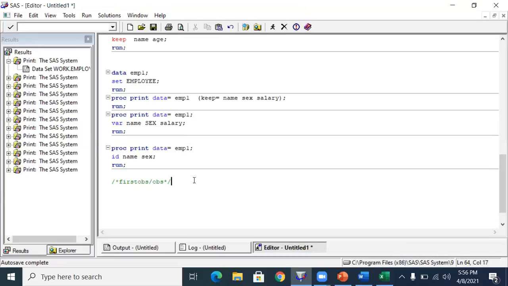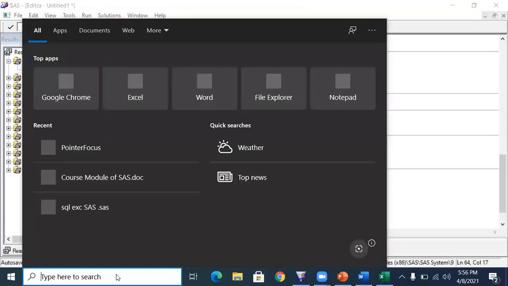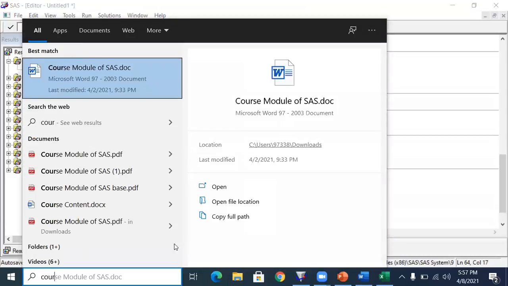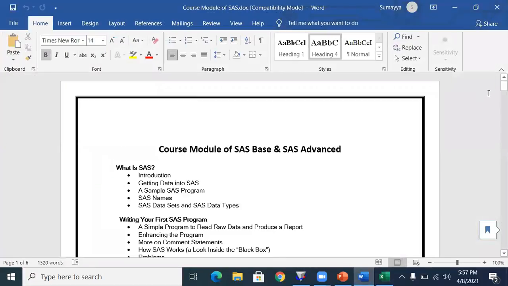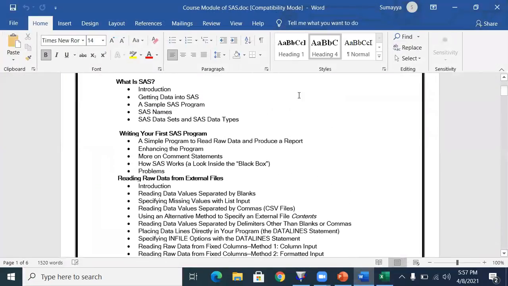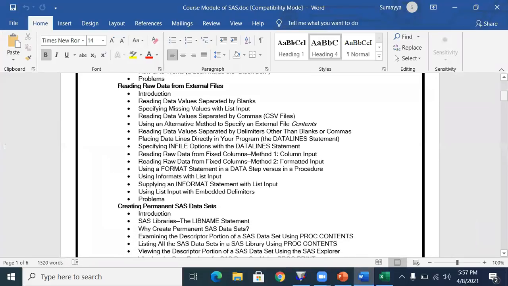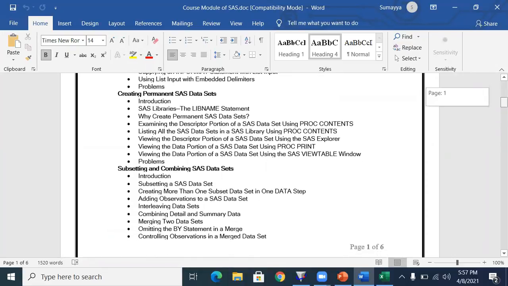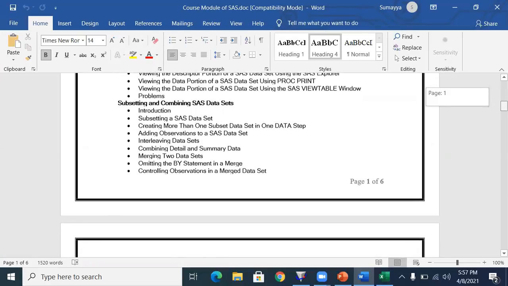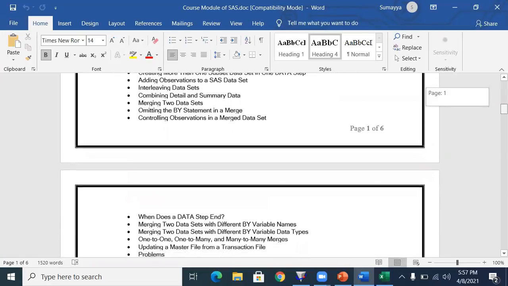So we can see it in the next class. We just started the introduction, that's all. In that, we'll be learning all the options, statements and everything. And after that, we'll be moving into file extraction: CSV and delimited files, text files, everything. Then libraries, how to generate a library, and combining the data sets.